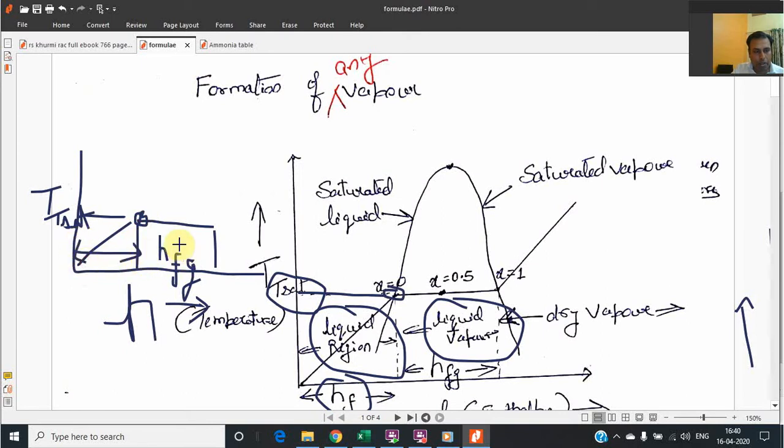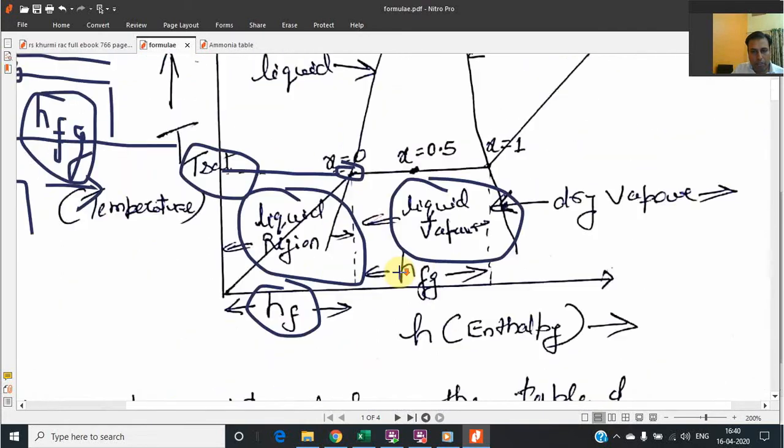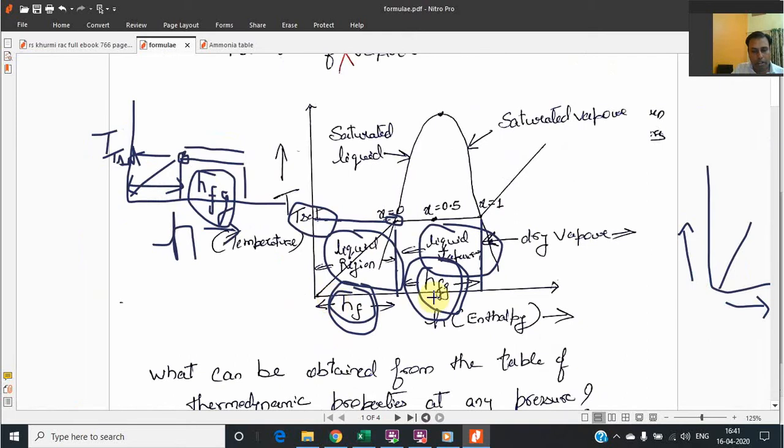Now it is no longer fluid, it is fluid plus gas. And this heat is called latent heat. In Hindi we call it Gupt Ushma because the temperature remains the same and the thermometer can't sense it. That is why from this line to this line, in between, we call it HFG. Earlier we called it HF. Similarly we will do it for entropy also.